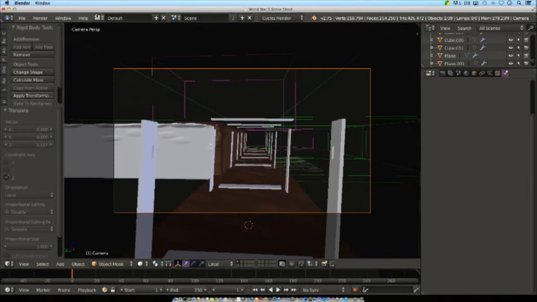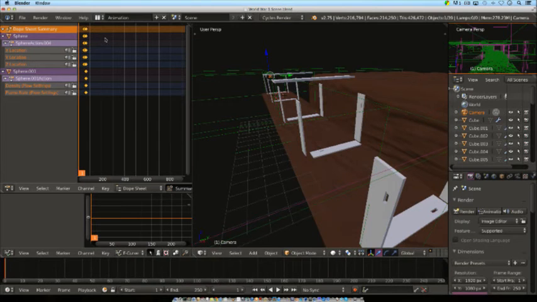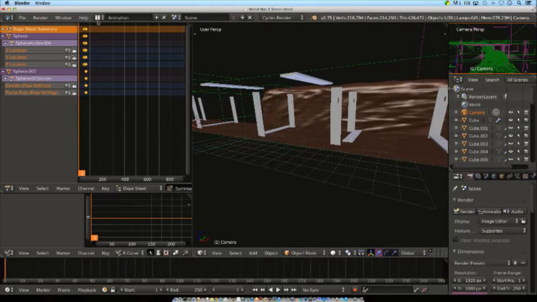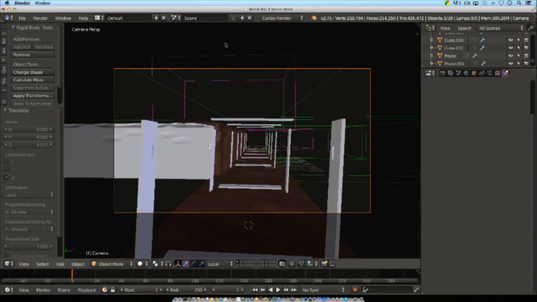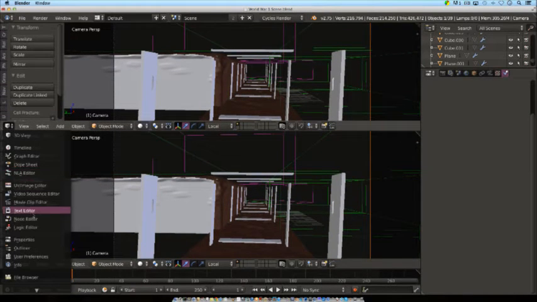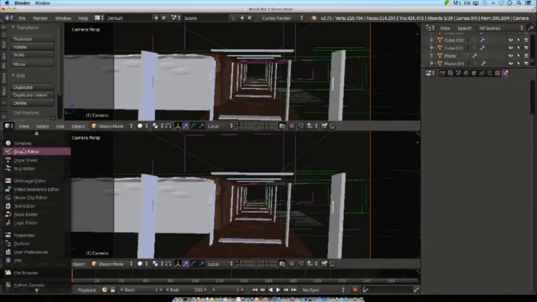So I'm just going to go from default. I'm going to go to the animation pad. I've actually never seen the animation bit. No, I don't like that. Default, I want to make my own. That was horrible. That is a horrible panel. Looks all confusing. So we're going to go to animation, the graph editor,